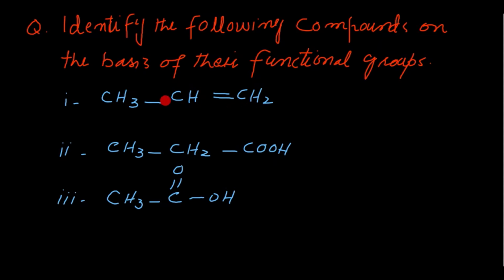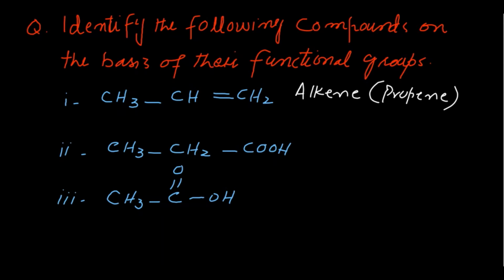Right, students? So what is the name of the functional group in this compound? We know very well alkenes have a double bond in their molecule. So the functional group is the double bond. The compound belongs to the alkene family since it contains a double bond. And we know very well what this alkene is? This is propene. Since there are 3 carbon atoms, it is propene.